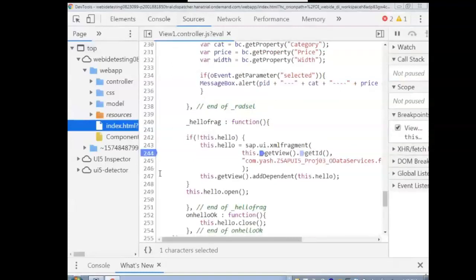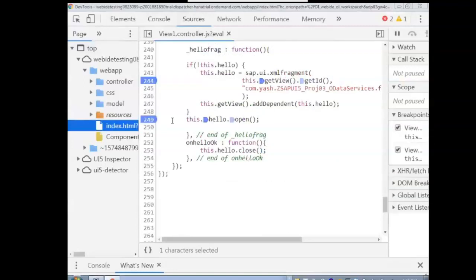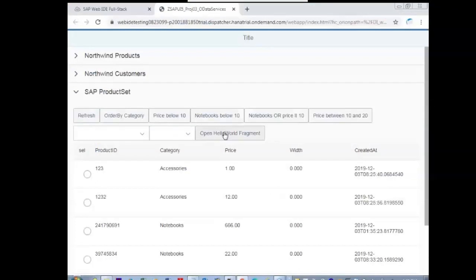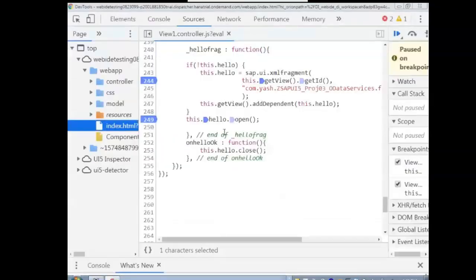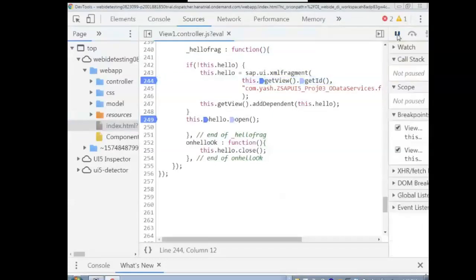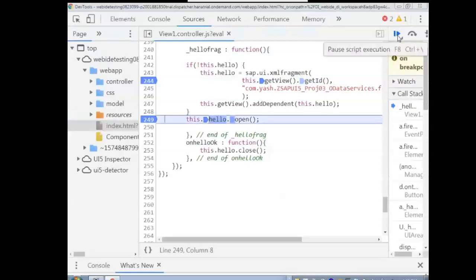Okay, inside the if I'm placing one breakpoint. Outside this one, line number 249, I'm placing one breakpoint. So I'm clicking on the button now. You observe what happens. First time it must go inside the if loop. Okay, then only it is opening the fragment.